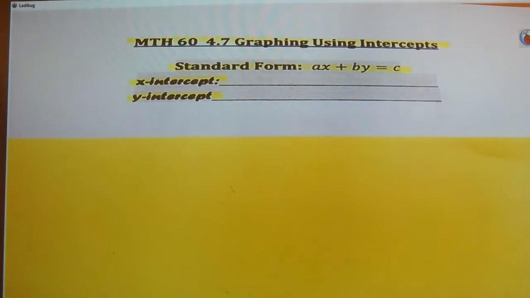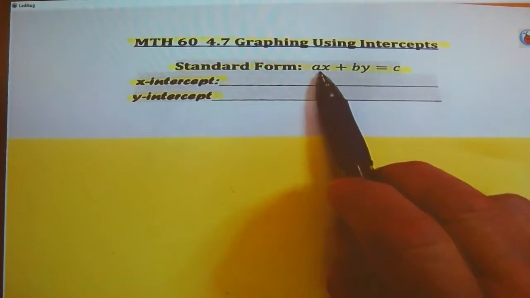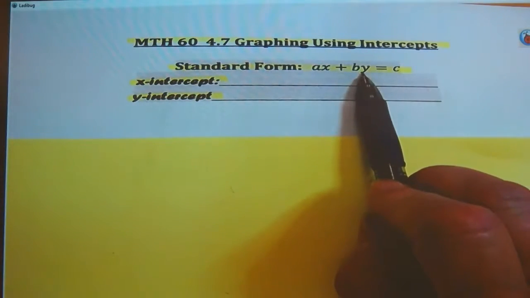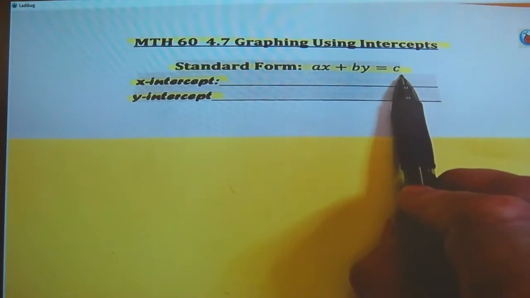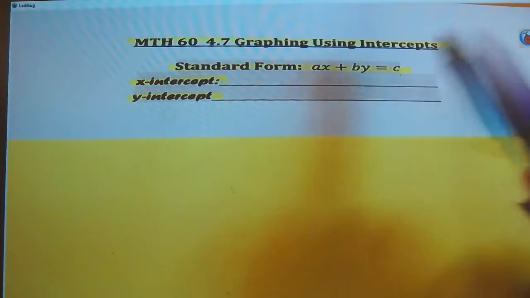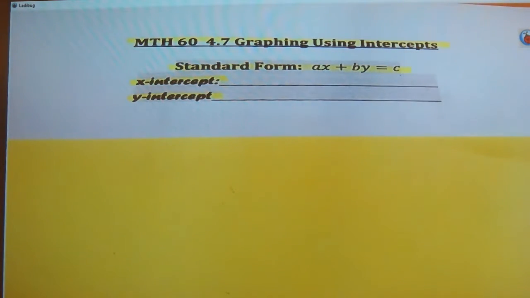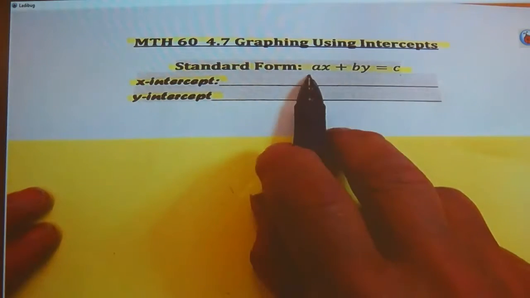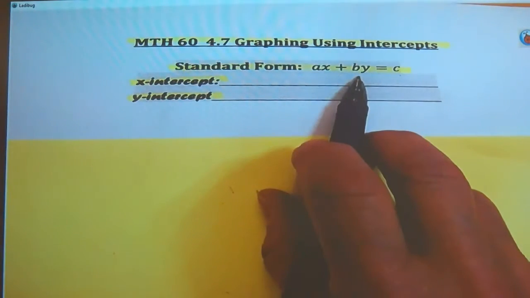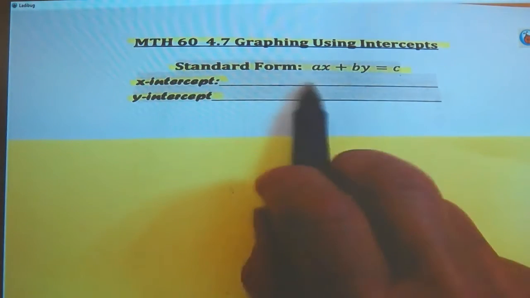Okay, section 4.7 is about looking at lines that are in standard form. Standard form means that the x and the y are both on the same side of the equation and the number, or the constant, is on the other side. Very different from slope-intercept form, okay? And so sometimes this is how we get them in applications, and we can graph these pretty easily by using